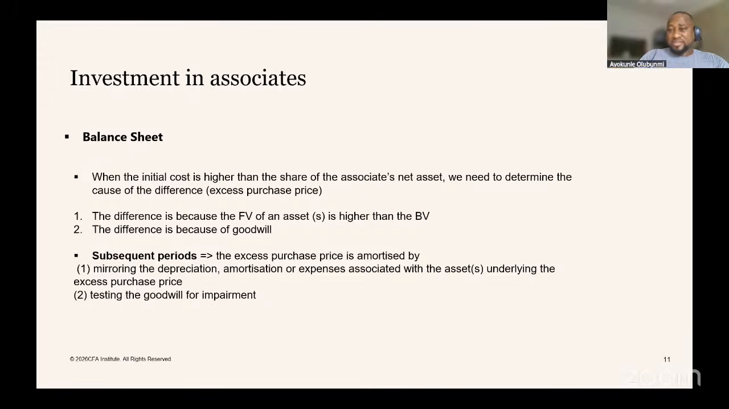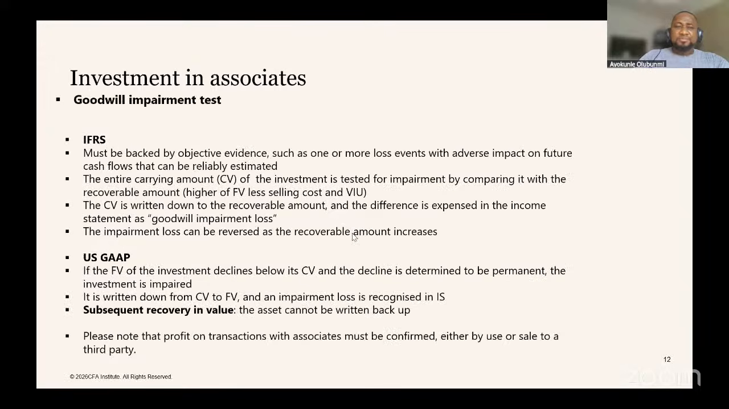And if there is an impairment, the book value of that particular investment will be adjusted appropriately. Now, I haven't talked about goodwill. How do you test for goodwill in investments in associates? The IFRS method is slightly different from what we do under US GAAP. So under IFRS, you must test for impairment if there is evidence that